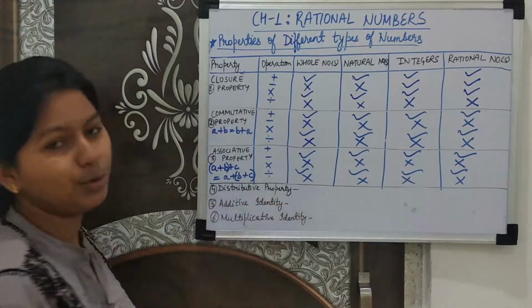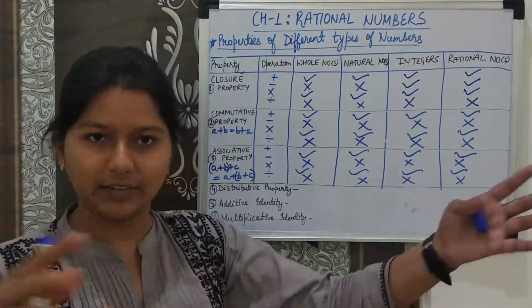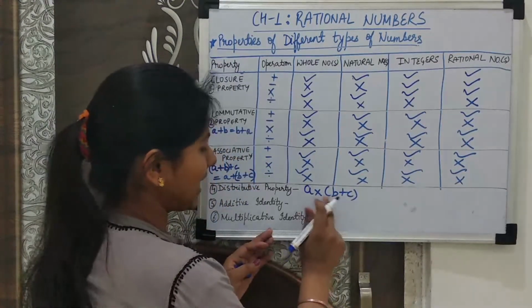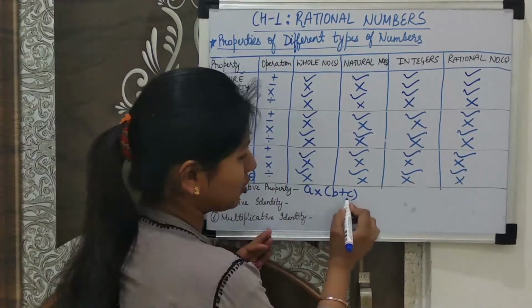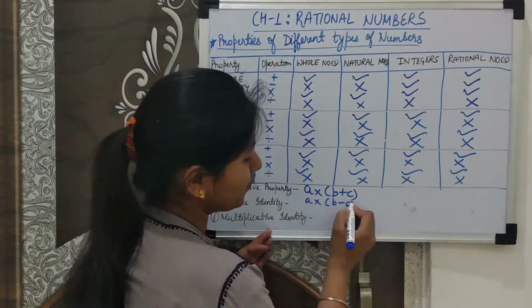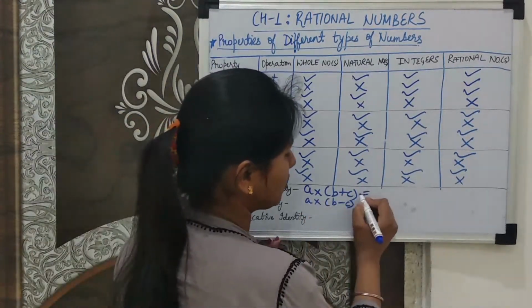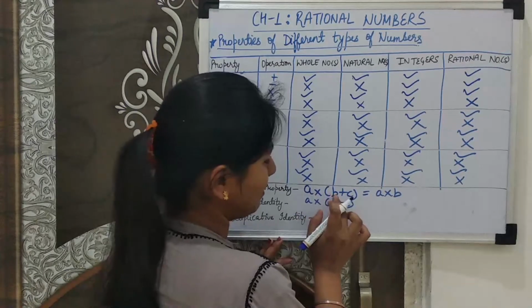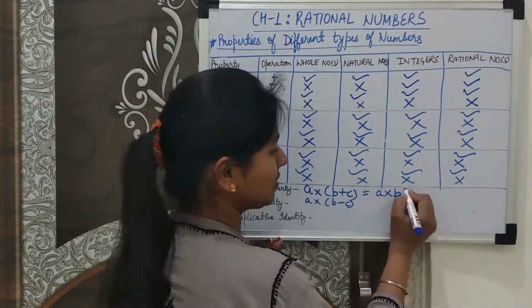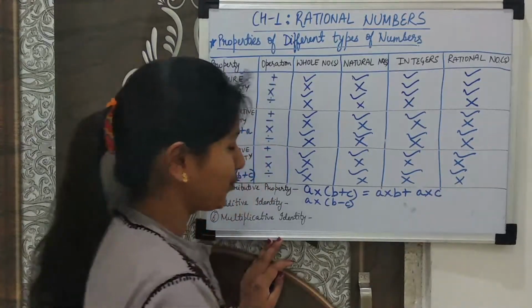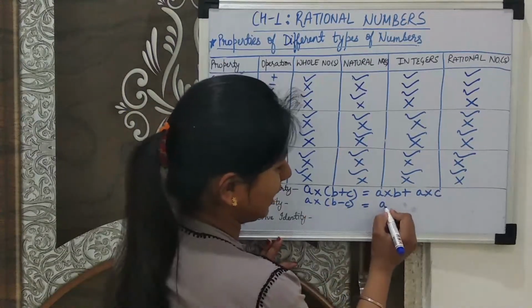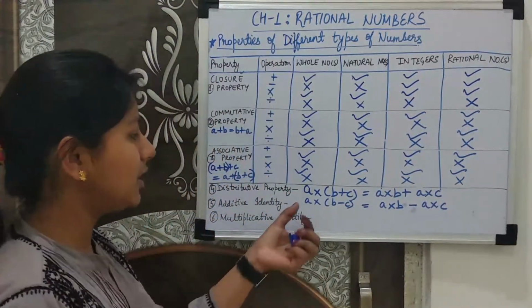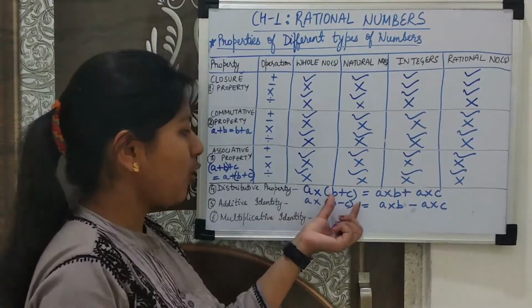Okay, now for distributive property. The word distributive means divide. Okay, so suppose I am writing a into b plus c. This can be for two operations: multiplication over addition or multiplication over subtraction. If it's multiplication over addition, then a into b plus c in brackets. First I will multiply a by b, then a plus sign will come, and then a into c. Now for subtraction, first I will multiply a into b, this minus sign will come, and then a into c. So what I have done, I have distributed this a over b and